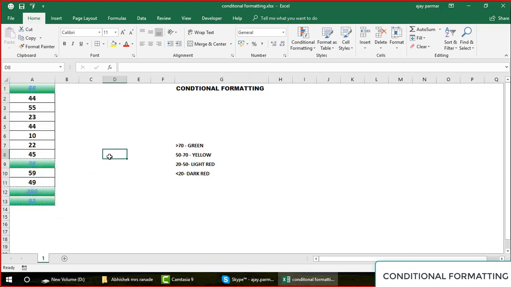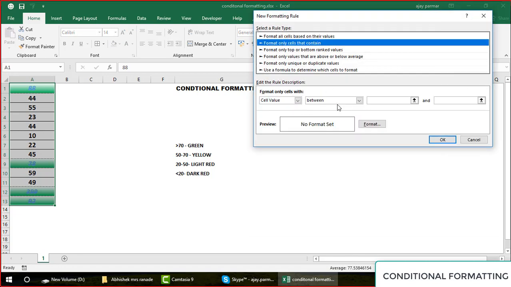Right, I know this is not a good combination. Better you should stick to the black color instead of this blue text color. But as I said, we're just exploring all the options. Okay, so once you are done with this, we have to again select the data, click on conditional formatting, and go to New Rule. Again you go to the same criteria, and now you say cell value between 50.